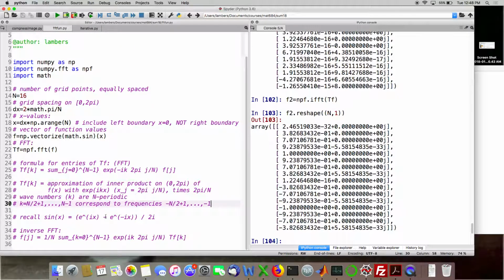So in other words, I point out the periodicity because